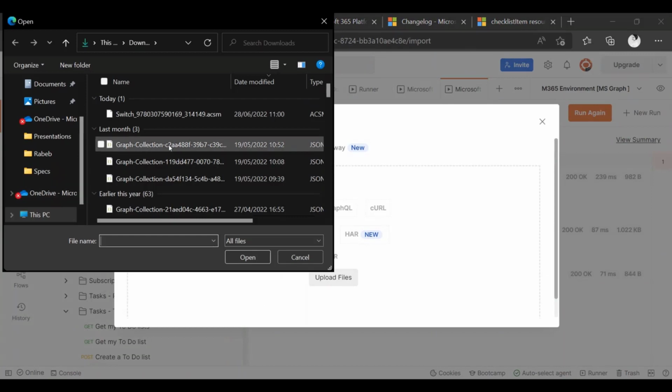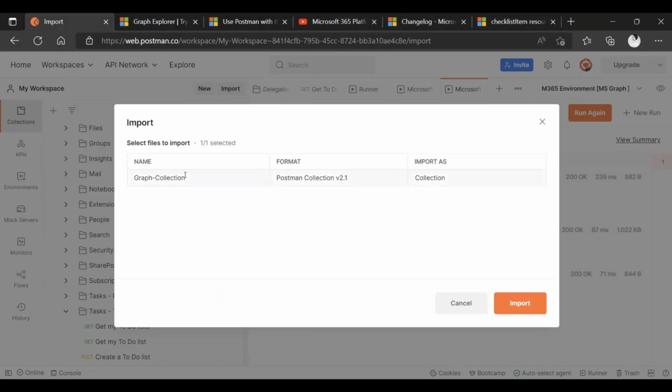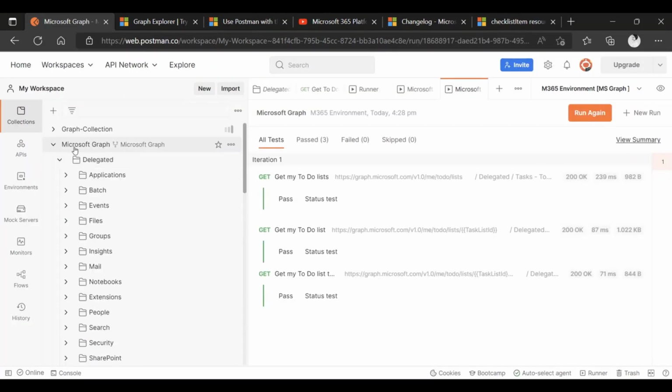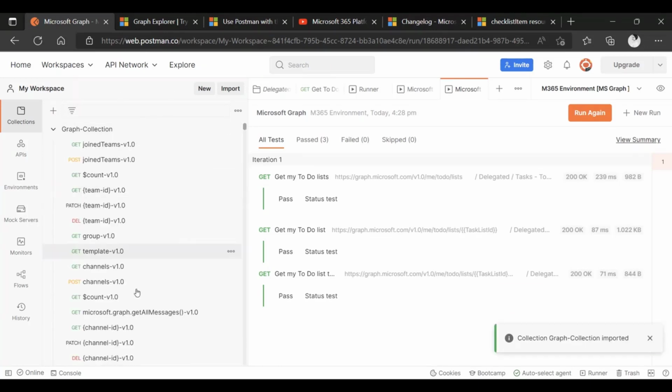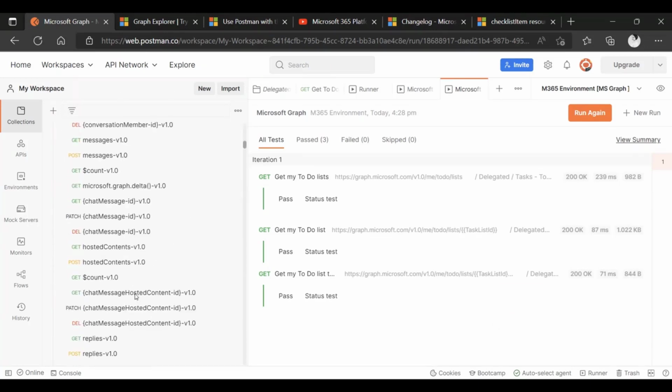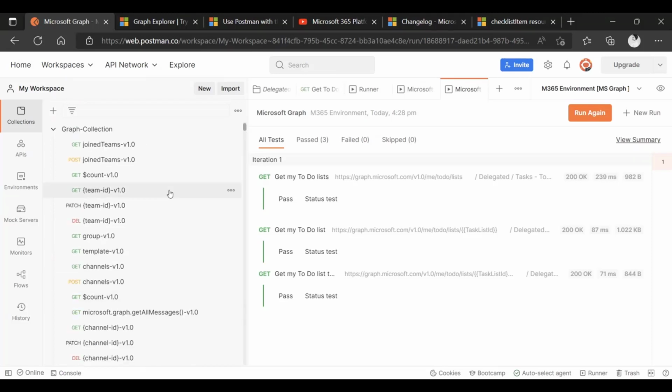I have old collections that I'm going to use, and I'm going to say open this, and immediately it shows me that my collection is a Postman collection. I can call it whatever I want, and I say import, and it is adding this in here, and you can see everything on that collection is in here, and this is more customized and more tailored to your needs.